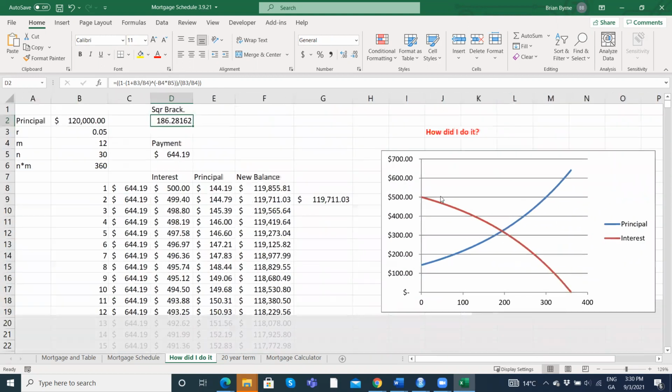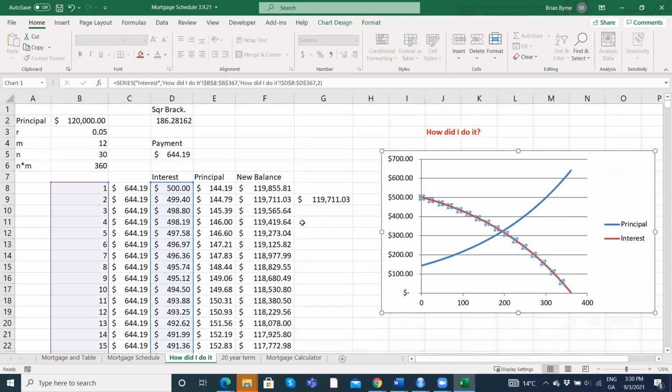And if we were to visualize the portions of how much interest and how much principal is being amortized, I'd set that up in Excel, and we were able to see that after 360 months,